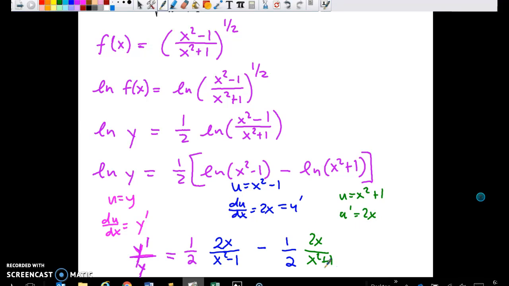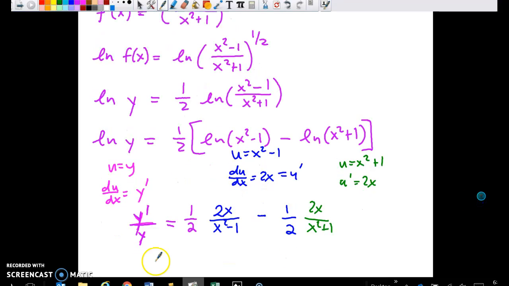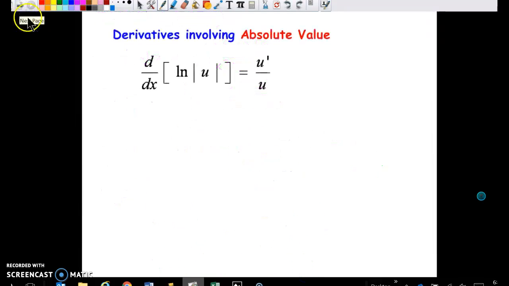And of course, you could simplify this more. You have to multiply both sides by y. I'm just running out of time on this video. So it's going to be x over x squared minus 1 minus x over x squared plus 1, and that whole side has to be multiplied by y, which is the original function. So just remember,